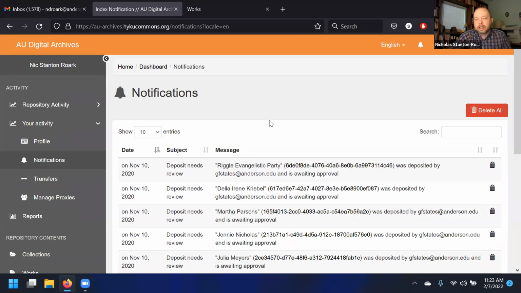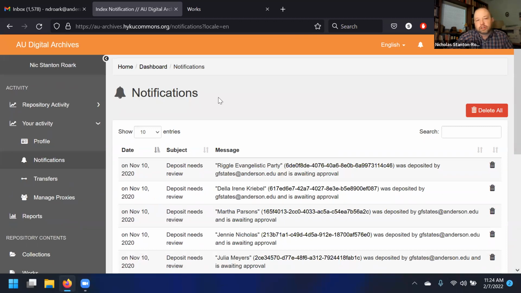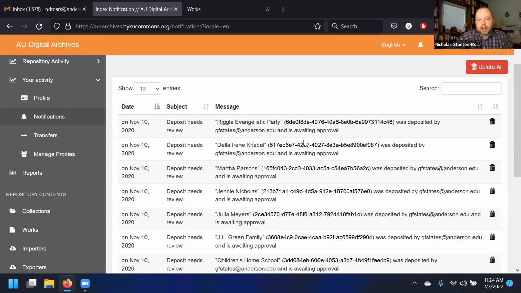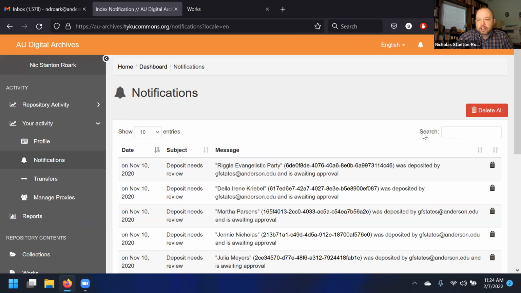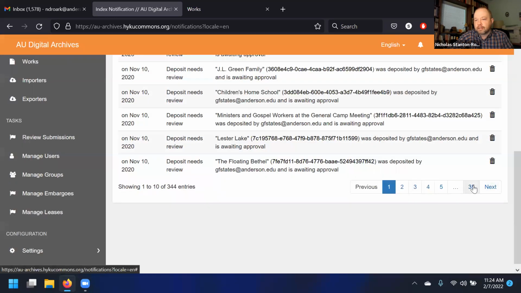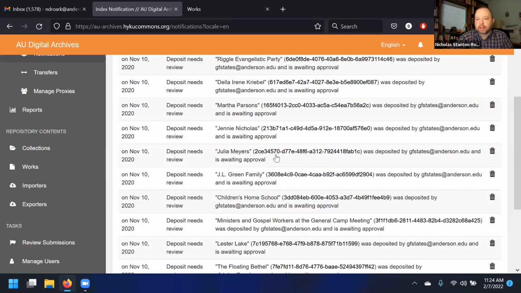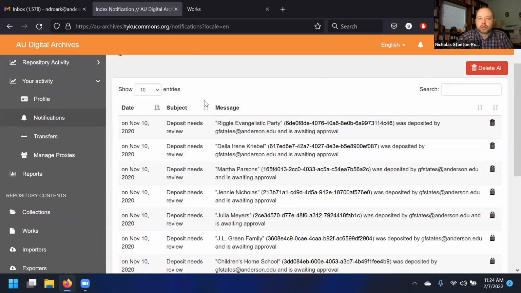which is not showing the one from the live work I just deposited, and that's because I am also the administrator and the user. But you can see these are examples of notifications from past deposits, and there's a delete all button. So if you just want to clear out this queue, you can see I have 35 pages of these notifications from just kind of approval or back and forth with student workers in the past. So those could all be deleted en masse if I didn't want those anymore,